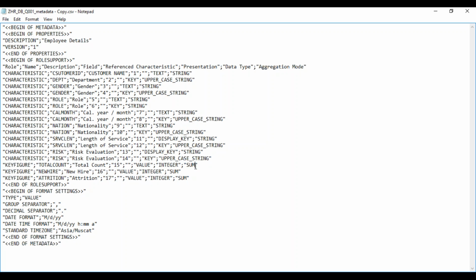In the local mode, either you can use blank or sum as aggregation mode. Average will not work. So you use either sum or blank. Okay. So the percentage and all, right? It will always sum up. Ideally, it should not sum up, but when you are working in local mode, it will always sum up. But when you are working on platform mode, then automatically percentage will recalculate from the back end and it will give you the correct value.